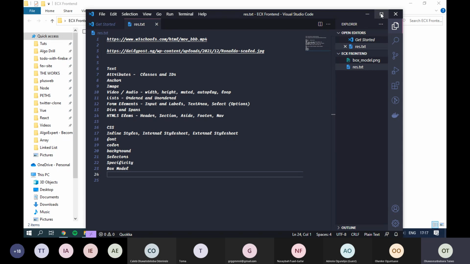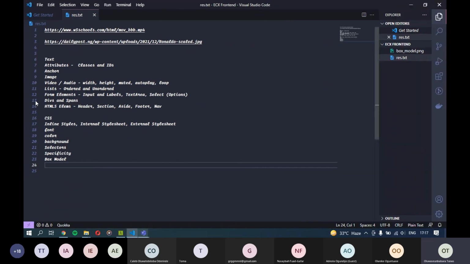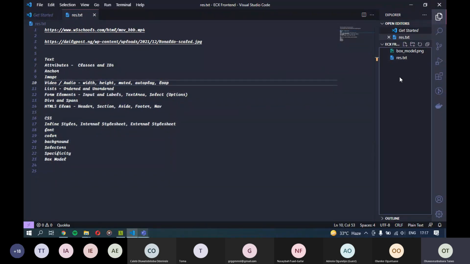So basically this is Visual Studio Code, and this is what we are going to be using. You can use other IDEs. There is Sublime Text. You can use Notepad if you are a guru, but it's VS Code, Visual Studio Code, that we are using now. So this is what we are going to try to cover today. As I said, time might not permit us, but let's get right into it.